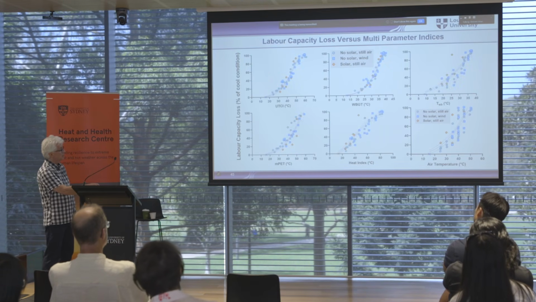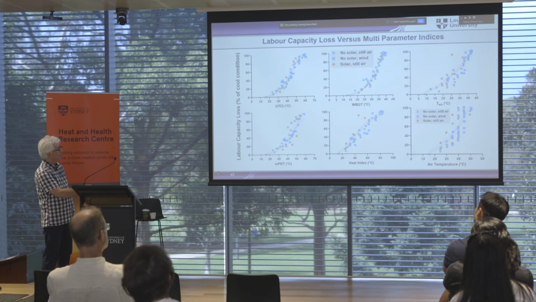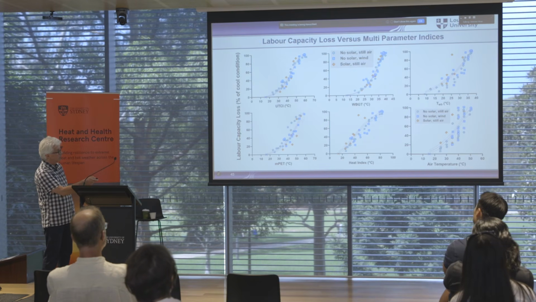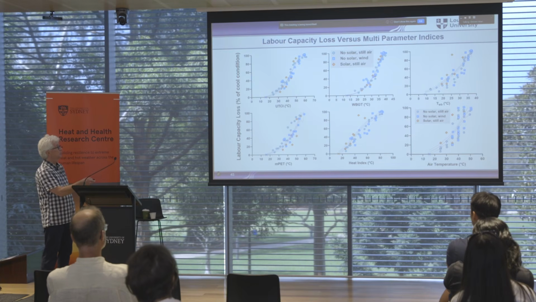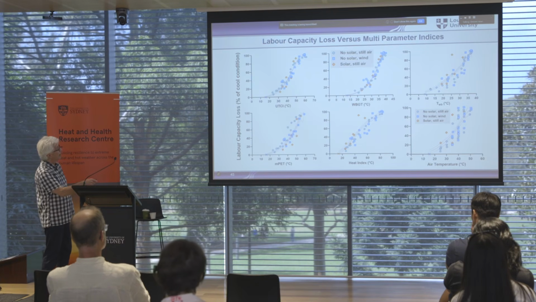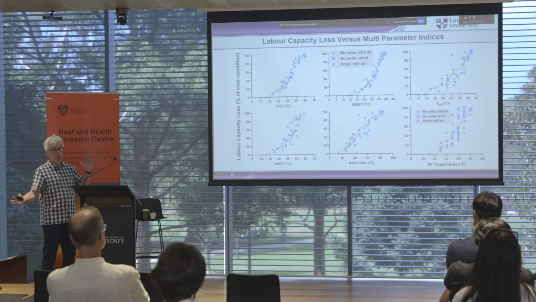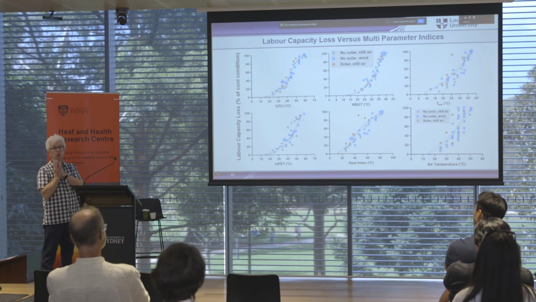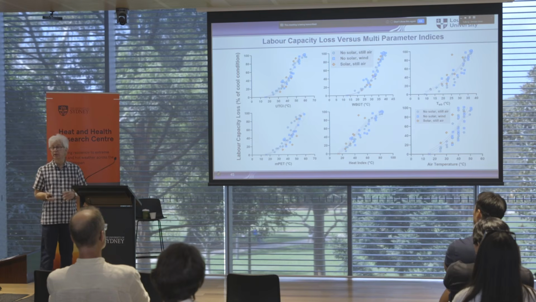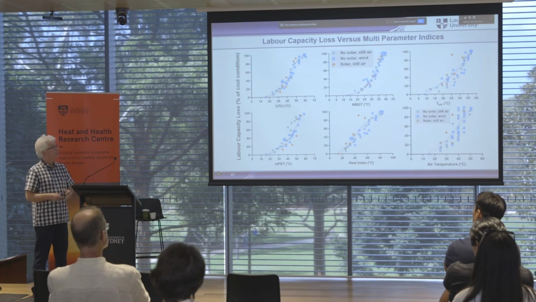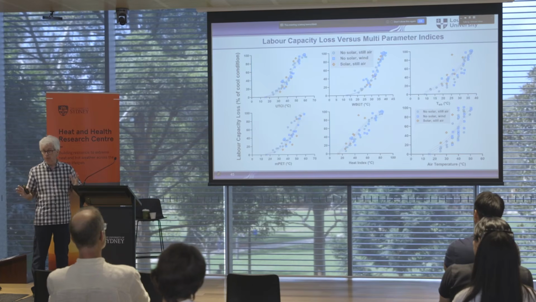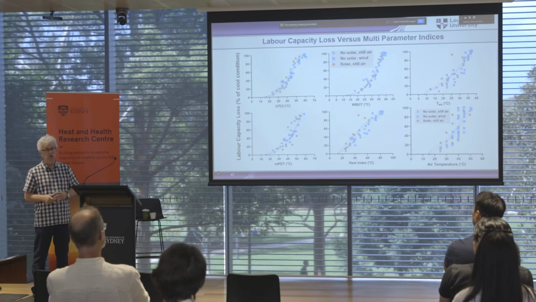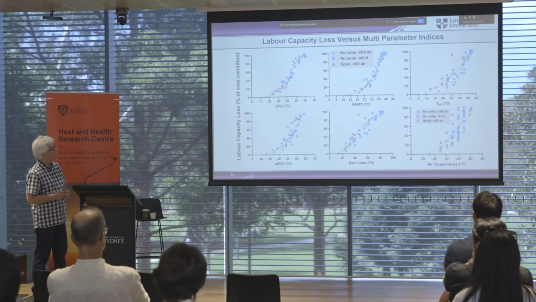And we have different ones here: heat index, MPAT, natural wet bulb, which we already had before. And here we have, more or less, the competitors, WBGT and UTCI. And you see suddenly all those points have moved closer together, and we have really, I would say, given the variety here, a really good model of describing this loss in work capacity.